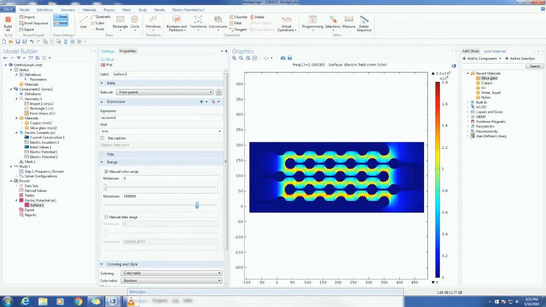While I am dragging this, you can see the difference on the electrode. Yeah, I am going to leave it like this. Now you can clearly see how the electric field pattern is distributed over the electrode,